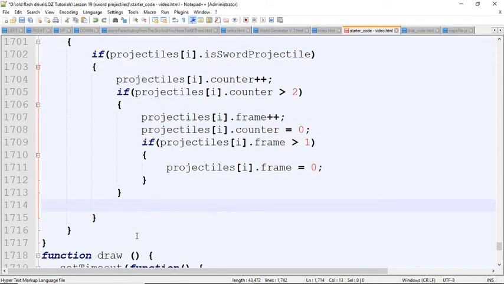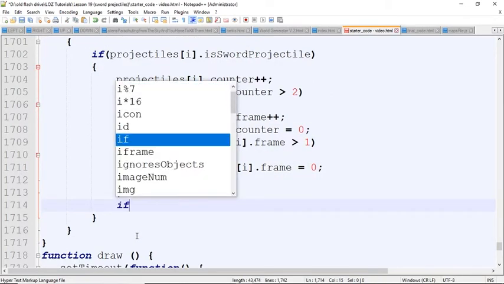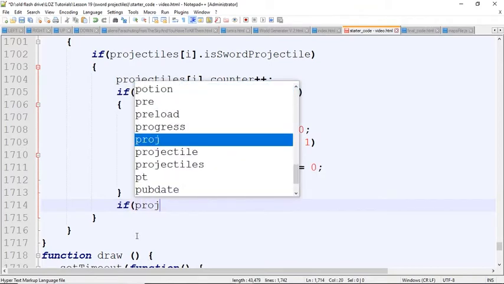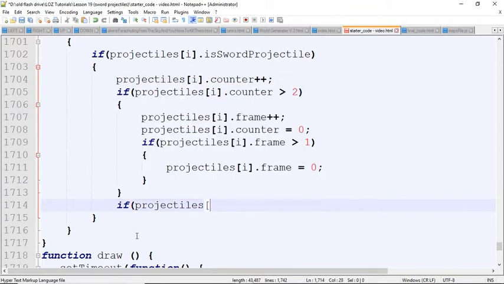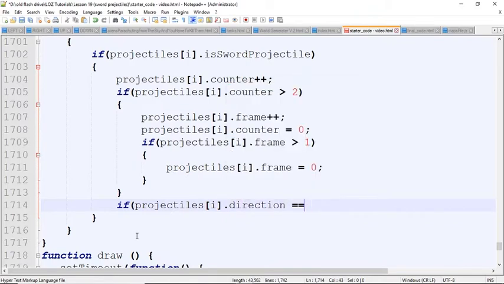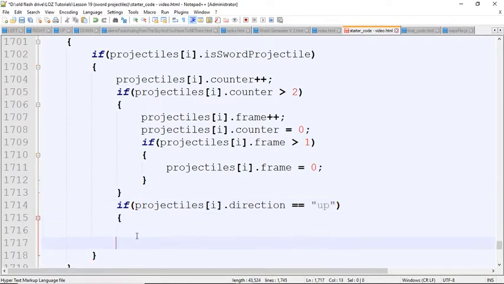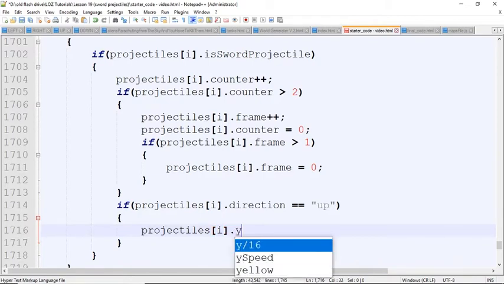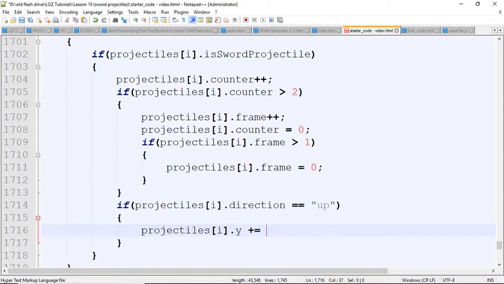Okay, so this is just controlling the animation. And here we're going to say, well, if the projectile direction, projectiles at I dot direction, is equal to, and a lot of this is going to be copy and paste after this first one. Okay, so if it's equal to up, what do we want to do? Well, we want to say projectiles at I dot Y plus equals,